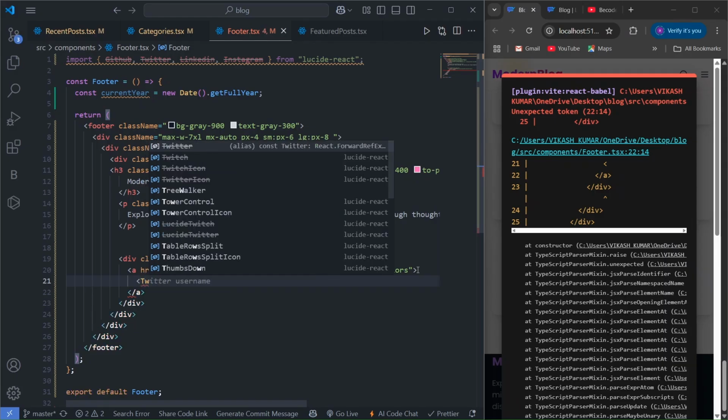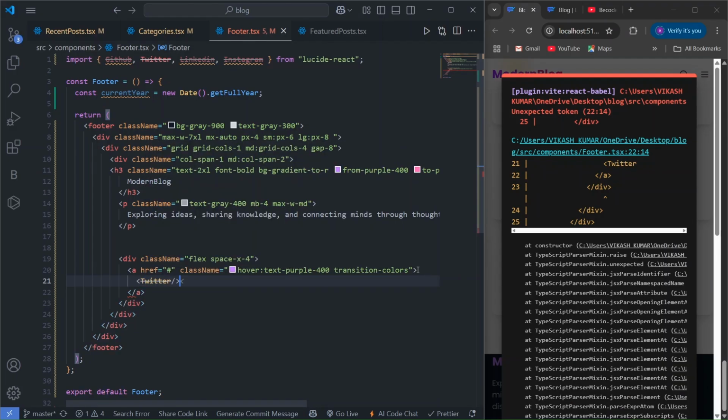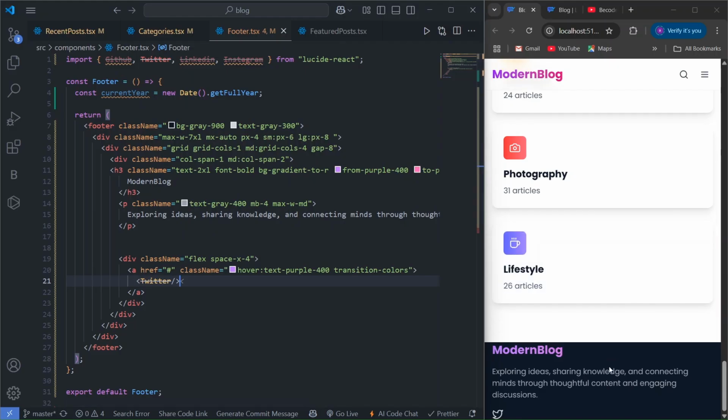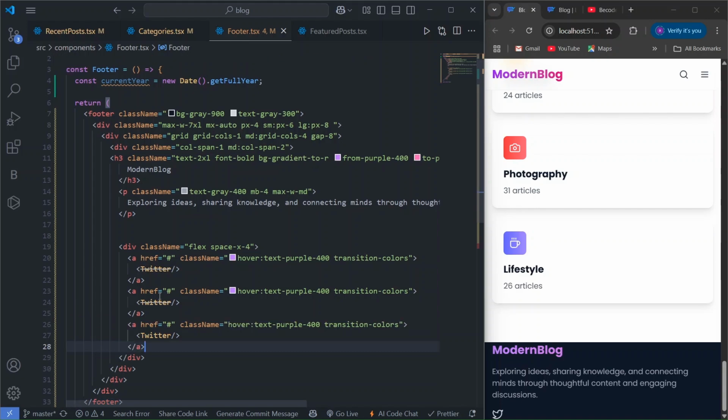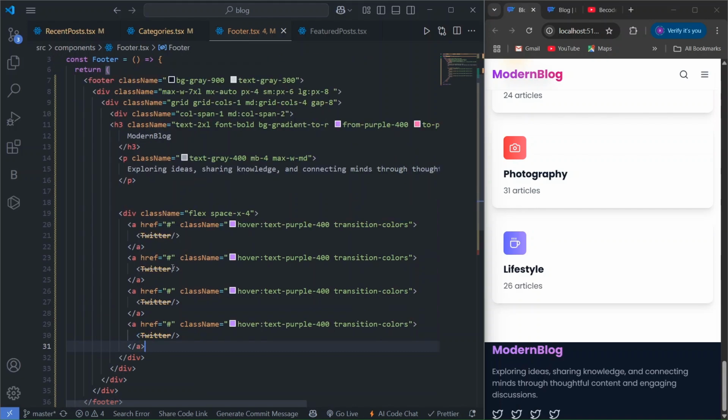First we add the Twitter icon. So our Twitter icon will show here, you can see that, and the hovering effect. See how cool it is. So similarly we'll copy this and paste it 4 times, and here just change the icon, so before that copying,